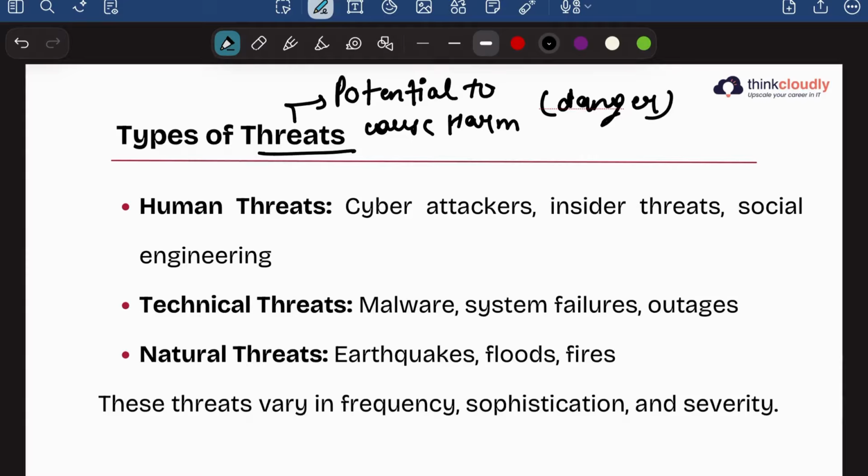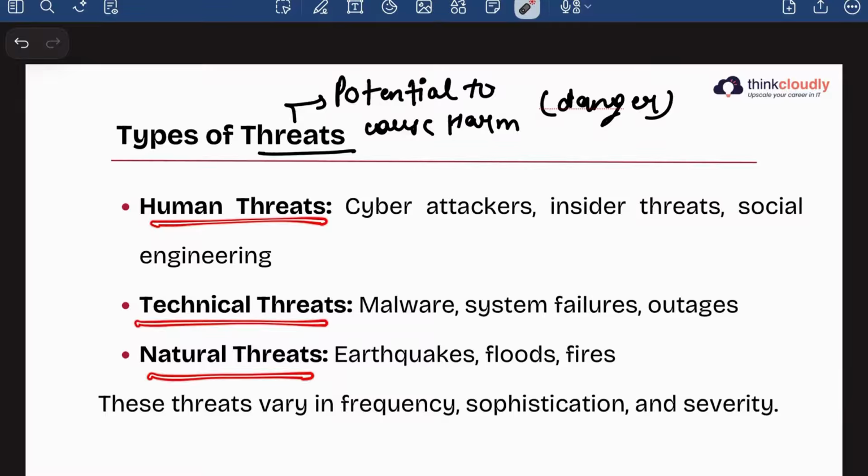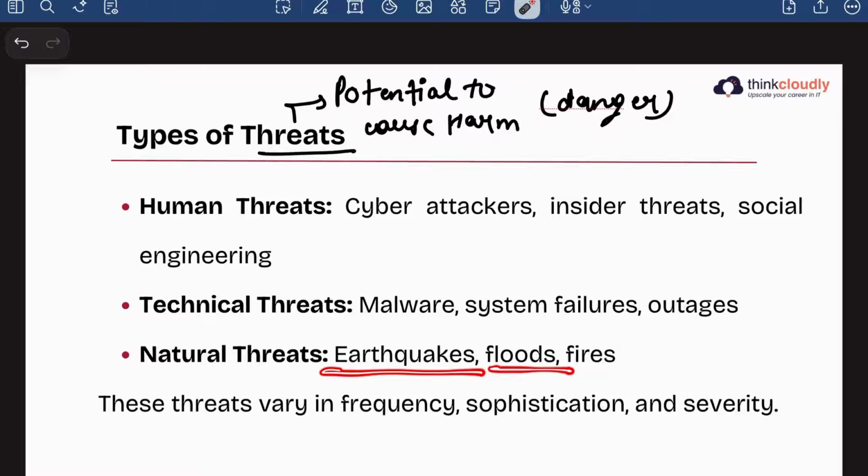So we usually categorize threats into three forms, which are natural, human, and technical. Natural threats, like earthquakes, floods, hurricanes, fire, heat, right? Humans, obviously, hackers, social engineers, even employees who want to steal data deliberately, right? Then you have technical threats, whichever are derived from software or hardware, like malware, ransomware, power outage, hardware failure, network disruption, all these things, right?